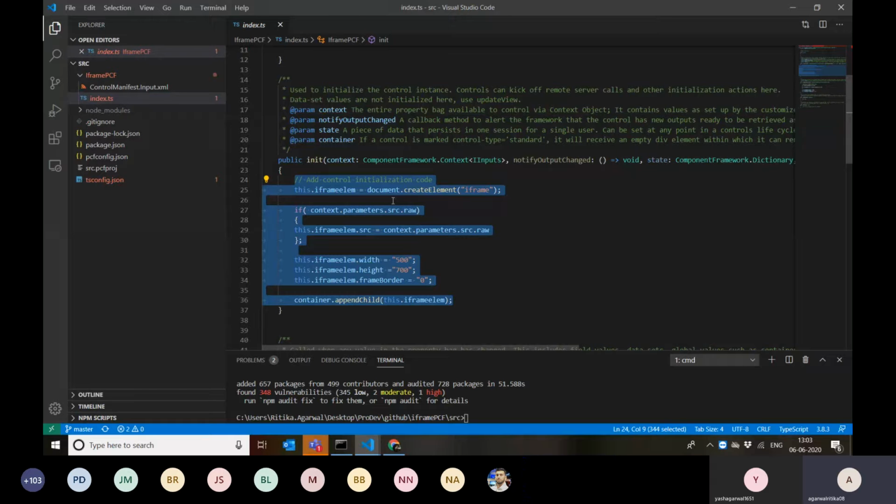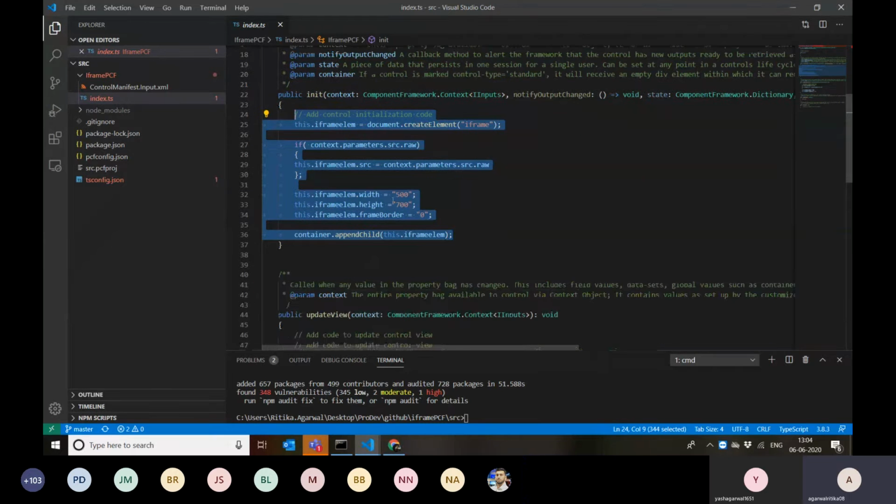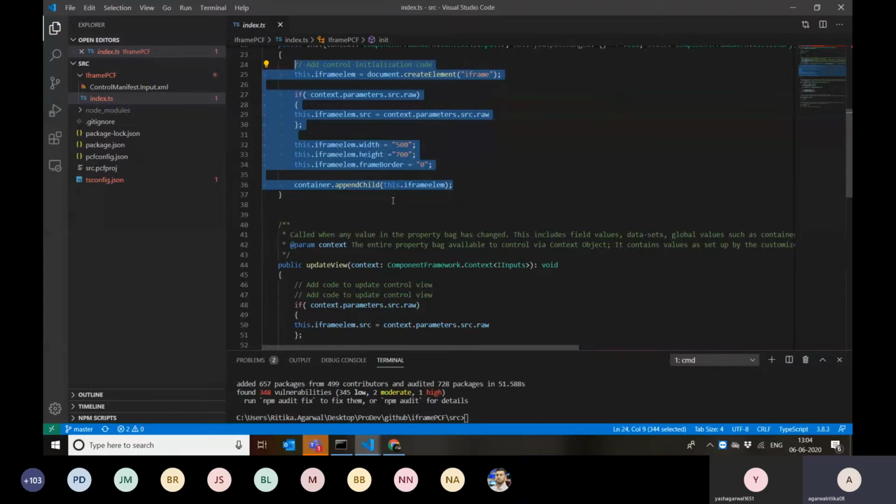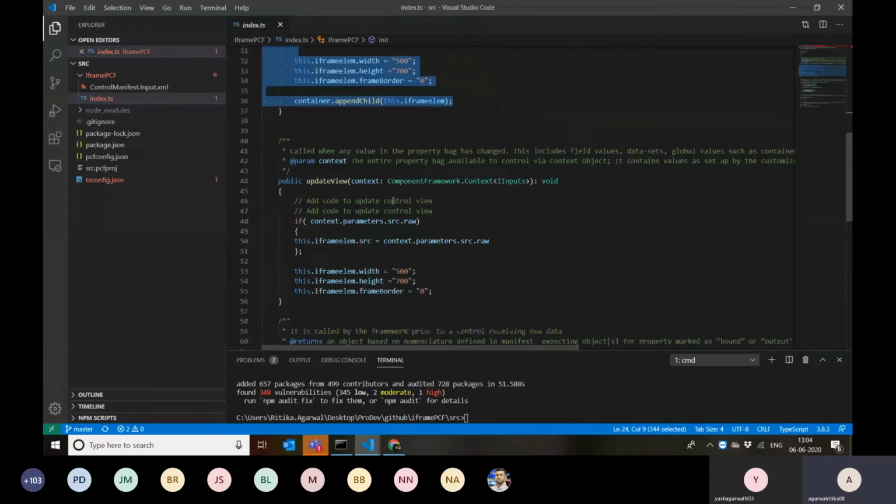So if I pass the URL for a Canvas app in this iframe component, it will require authentication because that's how our Canvas app works. We need to be authenticated to use them, but you can embed a second Canvas app in your app as well. So these are the pros of having components where we can define what additional functionality or what additional things I want my PCF to do.